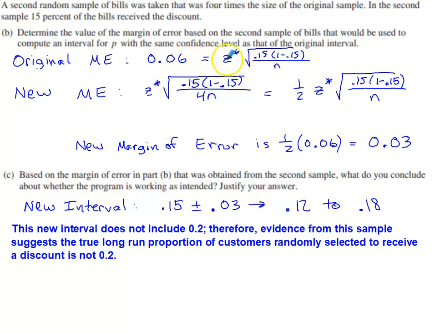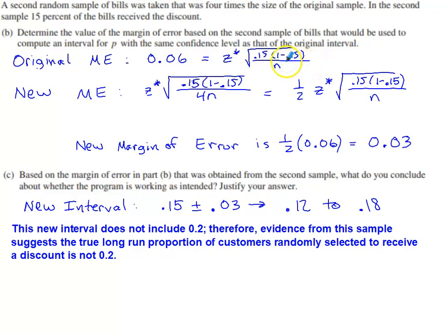That's going to be computed by taking our critical value, which for proportions, we're always dealing with z's, never a t-distribution for proportions. So I'm going to have some z star value, which I technically can't find because that would be associated with the confidence level, and that's never mentioned to us here. All we know is that the new confidence level is the same as the original.